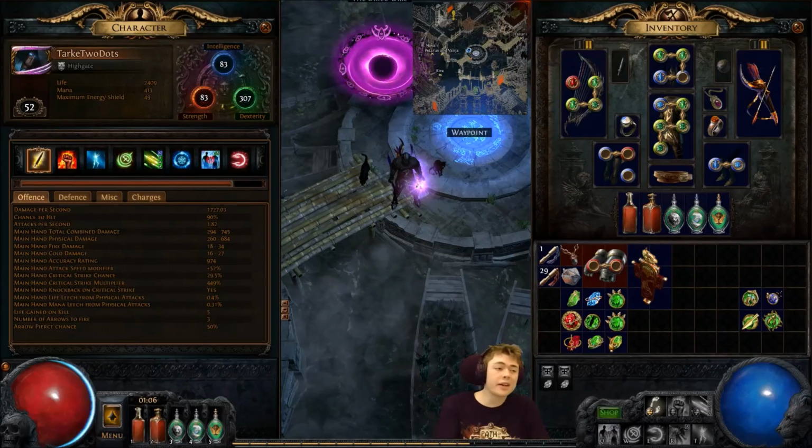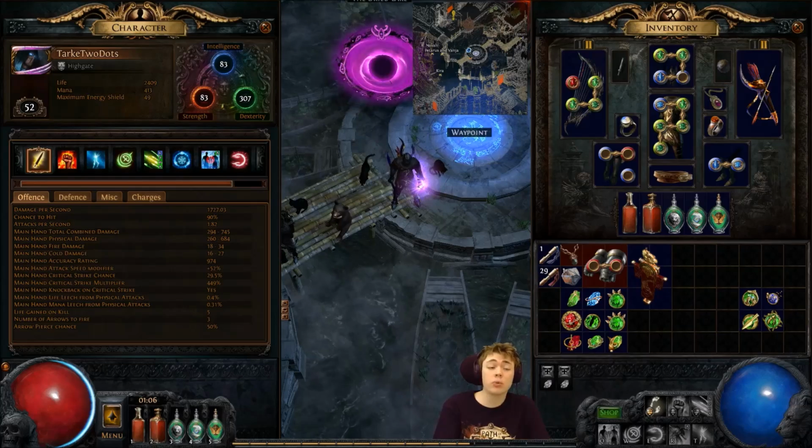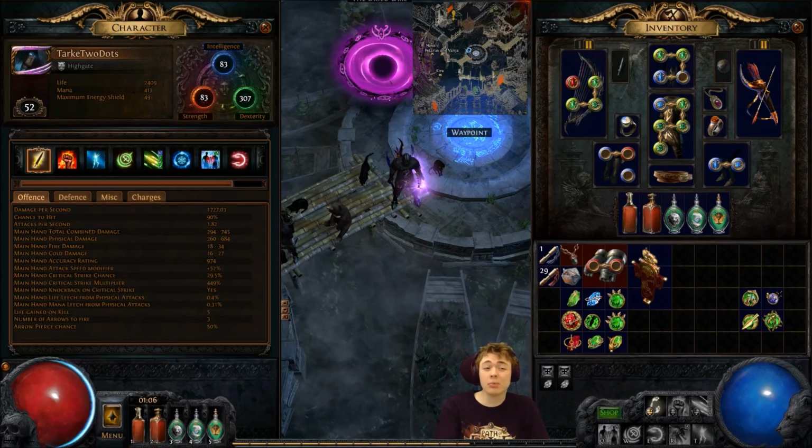Hey guys, Tarket here, and I want to do a quick build diary part 1 for my Barrage Poison Tarky 2 dots character. Now one little thing I want to say quickly is if I mumble over any words or